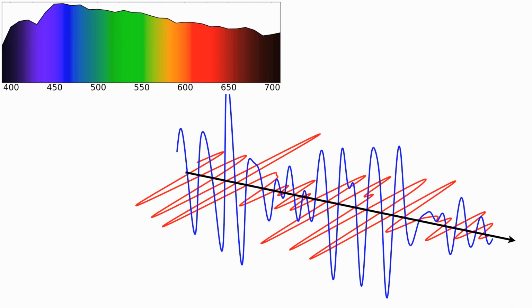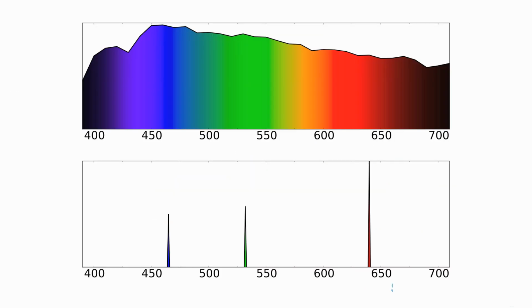Basically, the broader and more detailed the SPD, the more chaotic looking the waveform will be, and the less it will resemble a simple sine wave. Now, an interesting thing is that although these two SPDs could not be more different, one is extremely smooth and broad, the other one is 3 delta functions, they have the exact same color appearance to humans. Now, the y-axis isn't to the same scale, so obviously the spikes are higher to compensate for the lack of width,